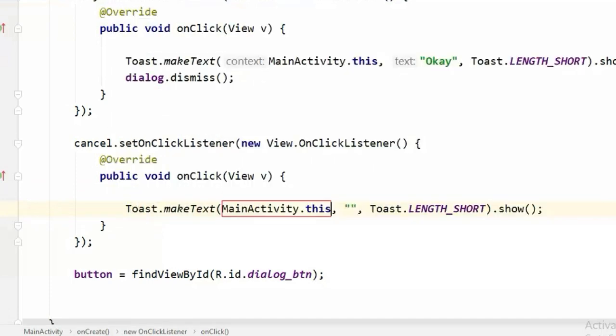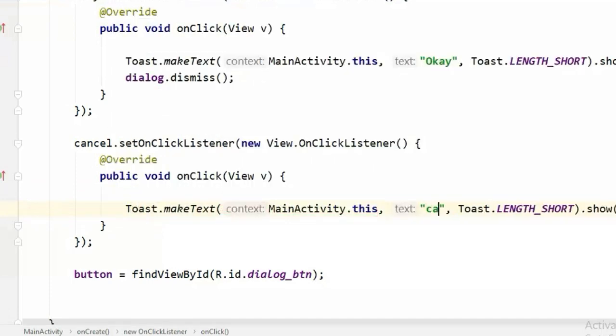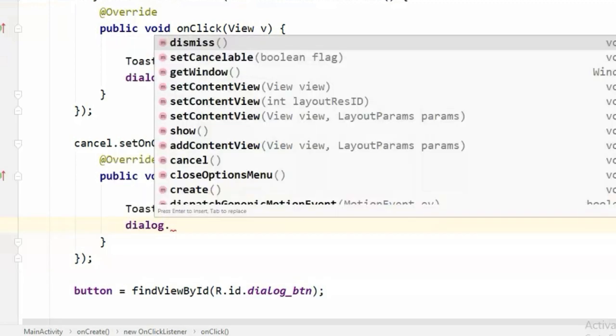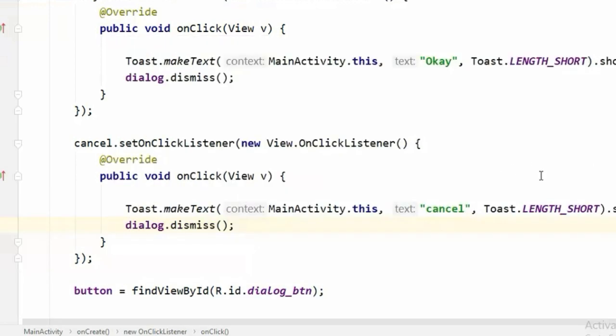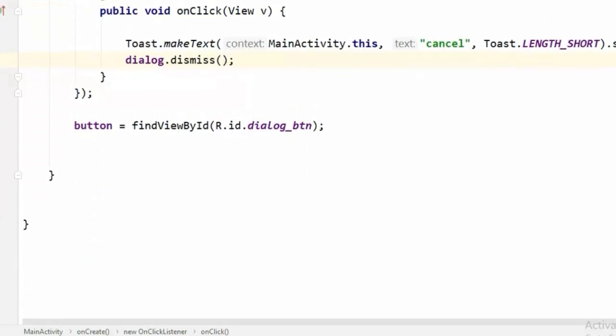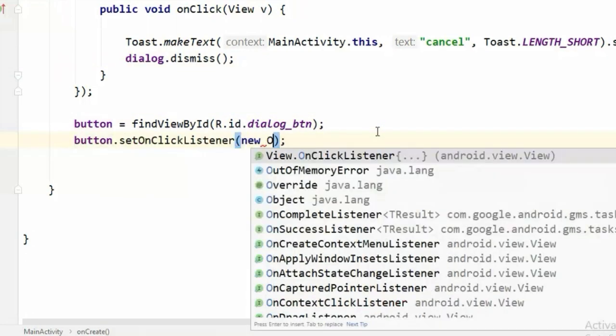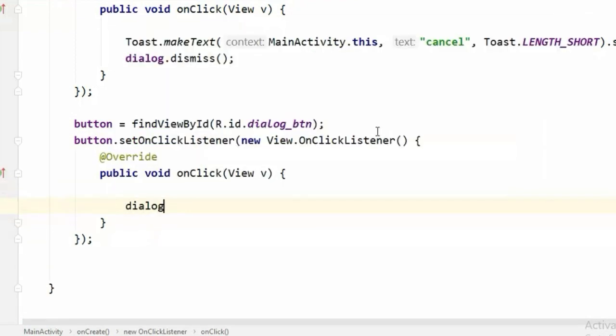I am simply showing toast message here, but you can put your actual code here in your project. Now to display our dialog, we'll call setOnClickListener on this button, and simply call dialog.show to display our dialog.